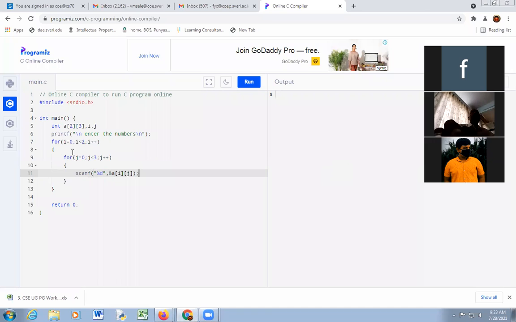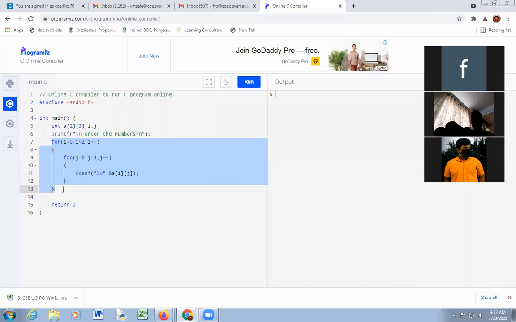Okay, this code from this for loop is for entering elements into the array.